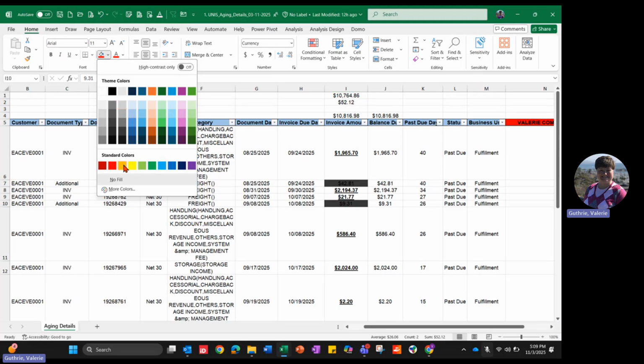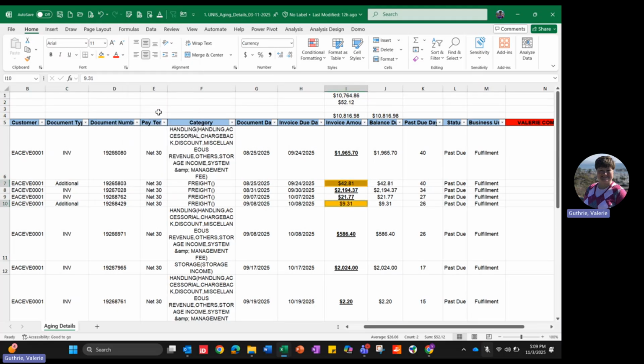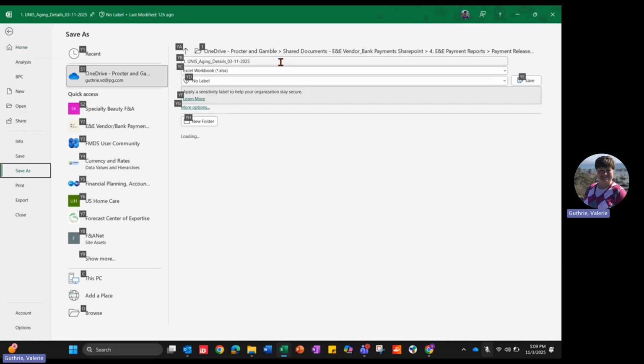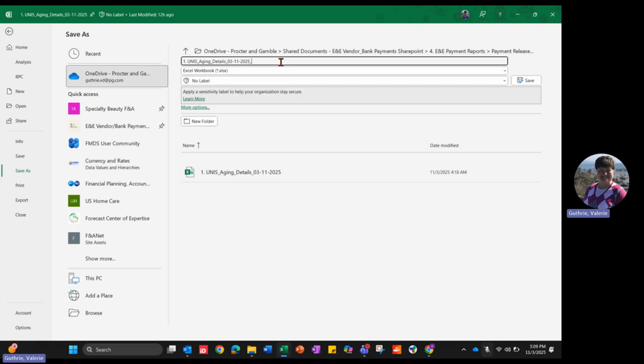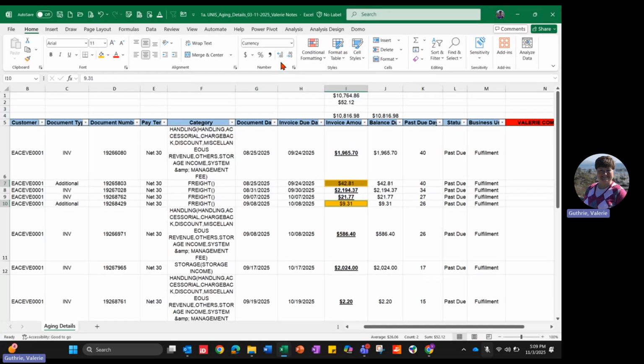I'm also going to save this as Valerie notes 1A versus their original file that I copied. I'm going to check for general curiosity if